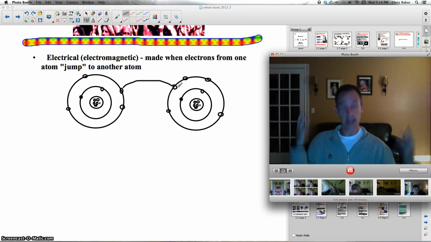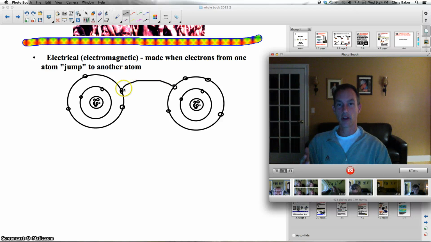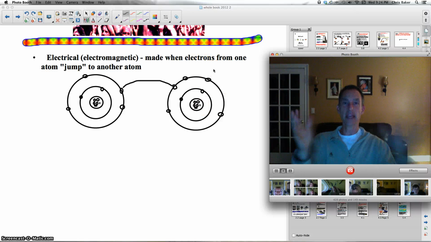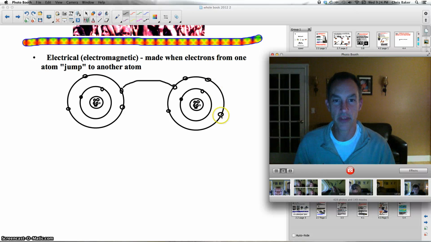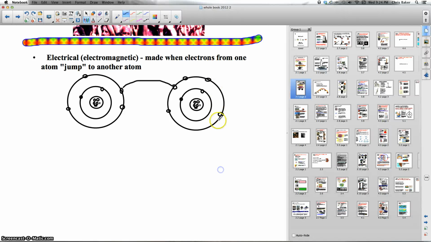What that literally is, is an electrical current. This electron jumping to another atom is electricity. Now, of course, this atom here has too many electrons. It doesn't like having too many electrons. So what is it going to do? It's going to bounce one of its electrons to another atom. Okay? And it'll land here. And then this atom has too many electrons. So it's going to bounce one of its